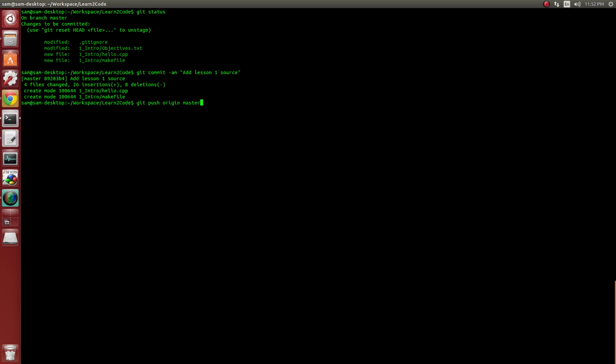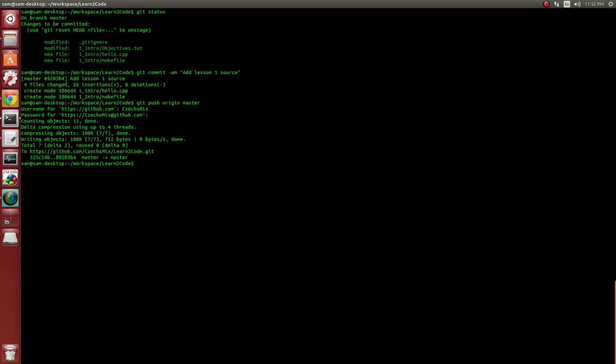So again, if you'd like to go learn more about branches in Git, that information is out there on the internet for you. And so it's going to just ask me for some authentication. My GitHub username is CzechsMix, and then my password here. And it does look like it pushed up to GitHub, and so that is ready to go. Yep, there we go. We got the message back that we pushed it up,